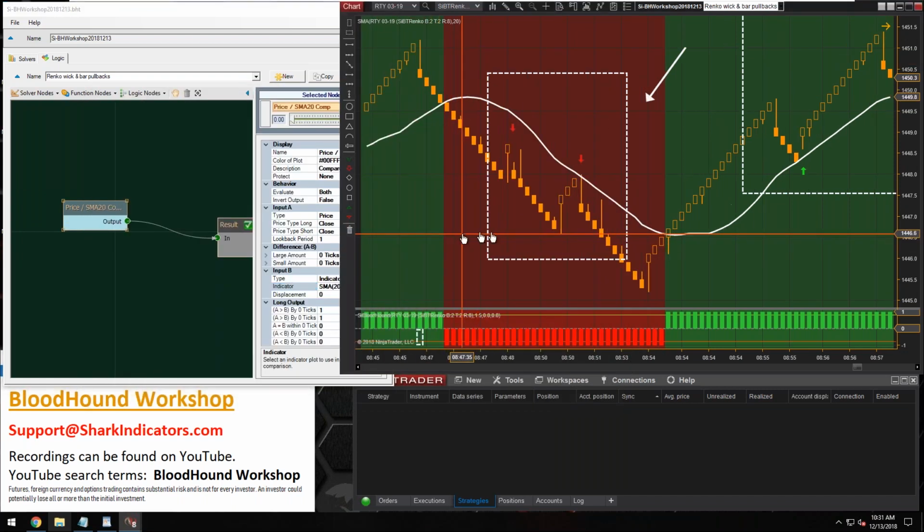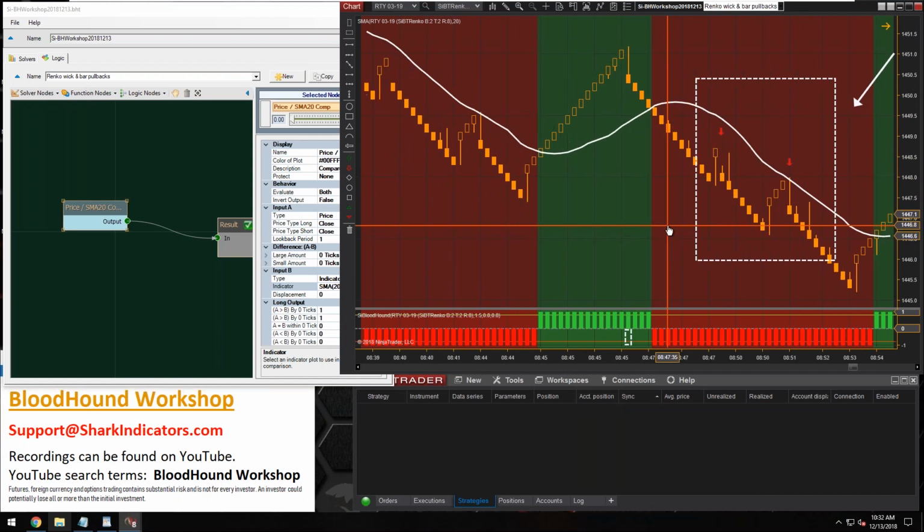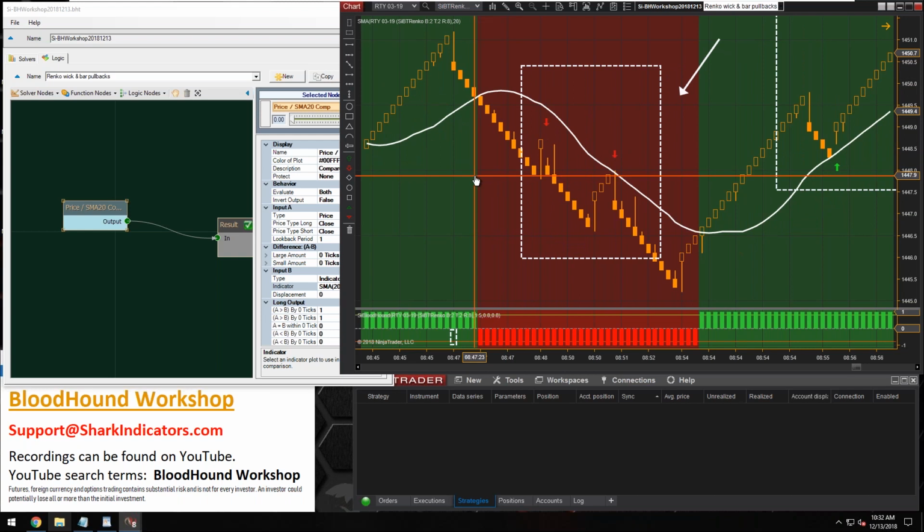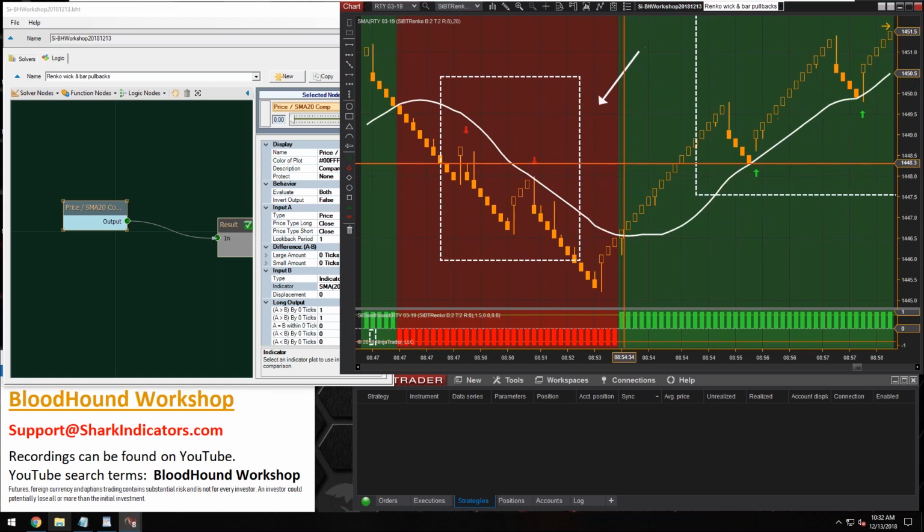And there we go. If we look on the chart, if the close of the bar is below the SMA, we're getting a short output, and when the close of the bar is above the SMA 20, we're getting a long output. So there you go. Just a good, simple, general kind of direction filter. All right, so let's see. Next,